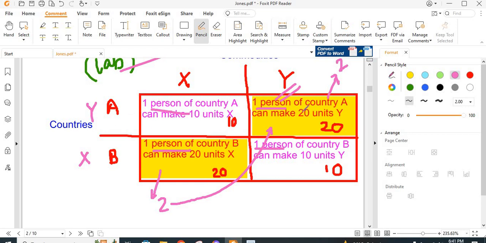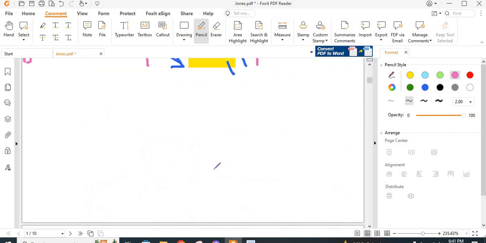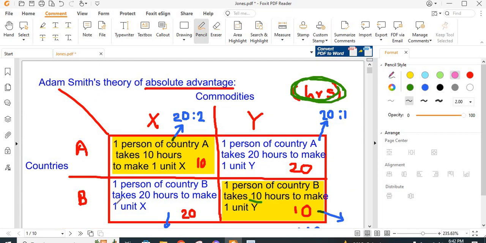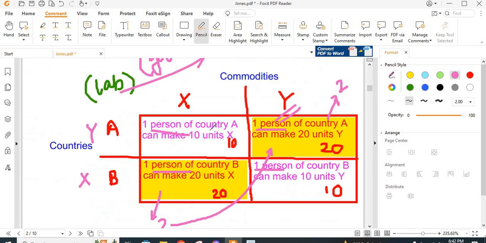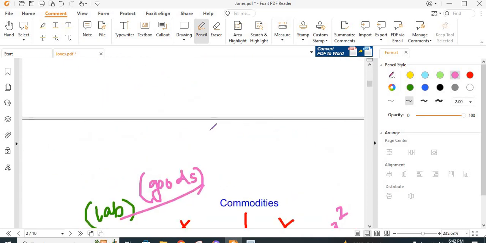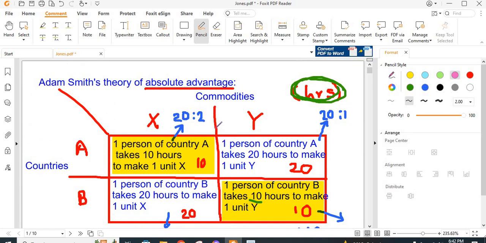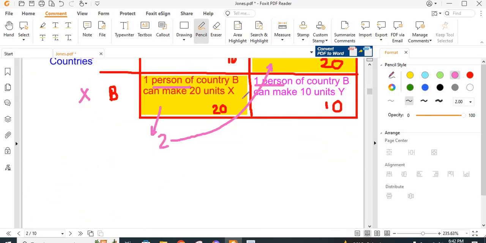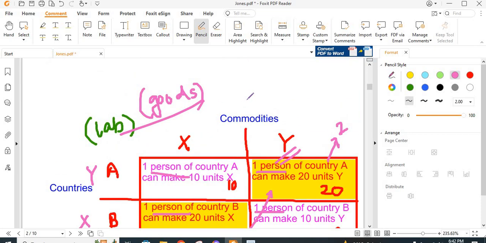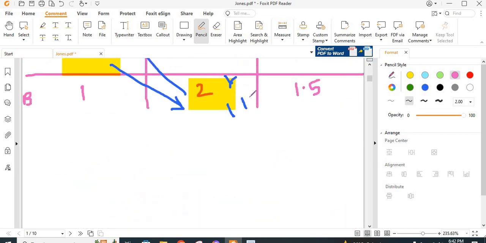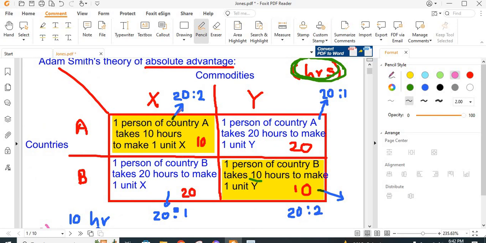So here A has an absolute advantage in Y, B has an absolute advantage in X. Here A has an absolute advantage in X, B has an absolute advantage in Y. But they both mean absolute advantage theory holds. They are both consistent with the absolute advantage theory. They give different answers because the units are different. This is in units of input, this is in units of output, so the results are different, but they mean that the country which is better off, the country which has an absolute advantage in producing one good, is better